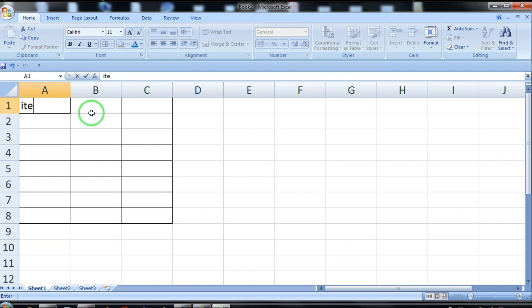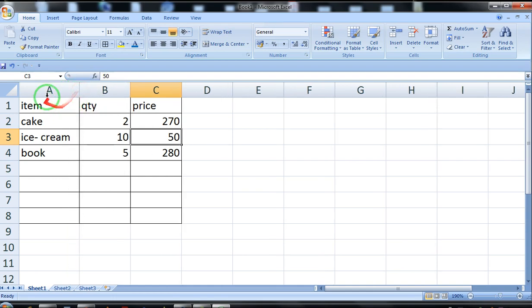I have written here item, quantity and price, cake, ice cream, book, quantity 2, 10, 5, 280, ice cream 50, cake 270. So suppose this is the data that I have entered.